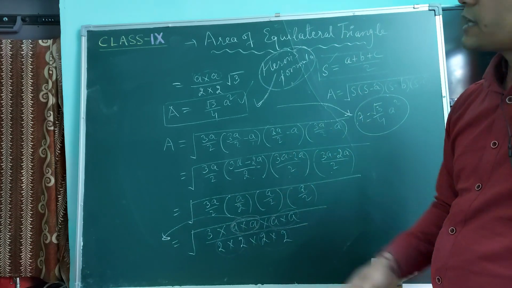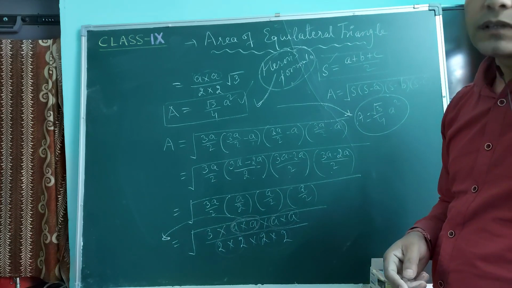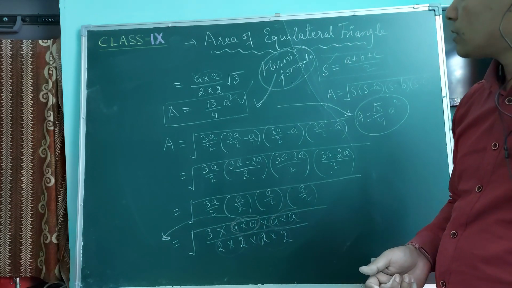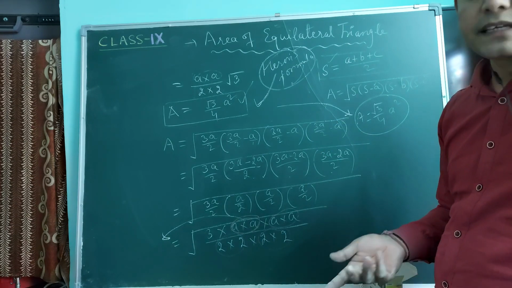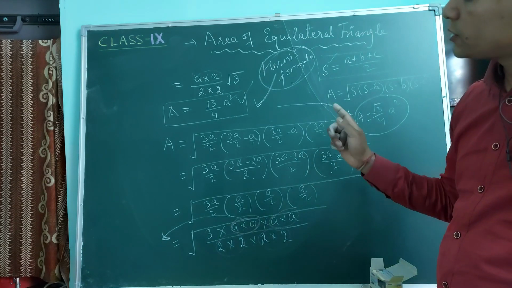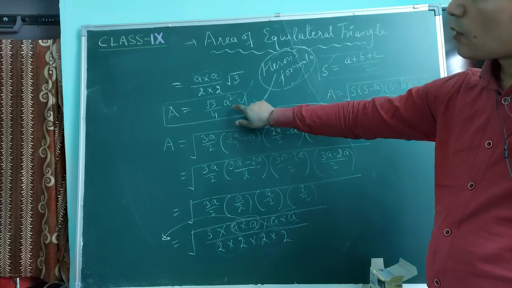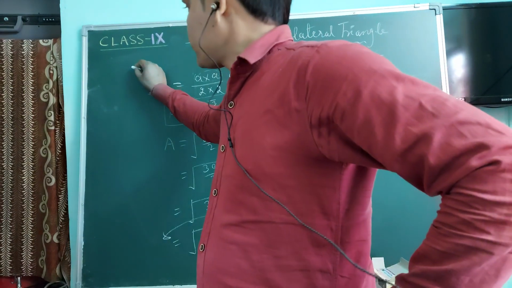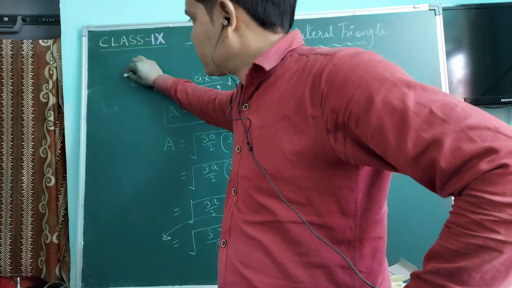Similarly, we can find the area of the isosceles triangle. Here there are 2 sides of the same measure, and one is a different side. So let me do this question in the next video, or you can say next class. Okay, so you can try this at home for practice, verifying or applying this formula for finding the numerical values. Suppose you can find the area of this triangle if your side is 5 centimeter.